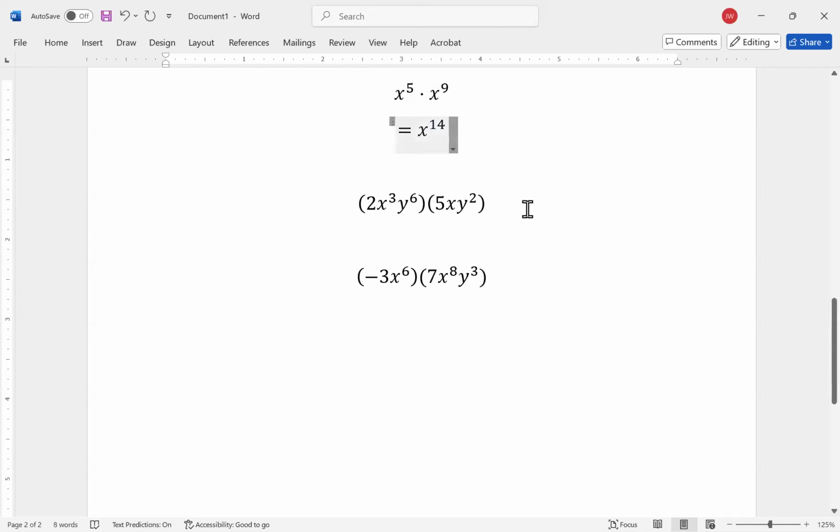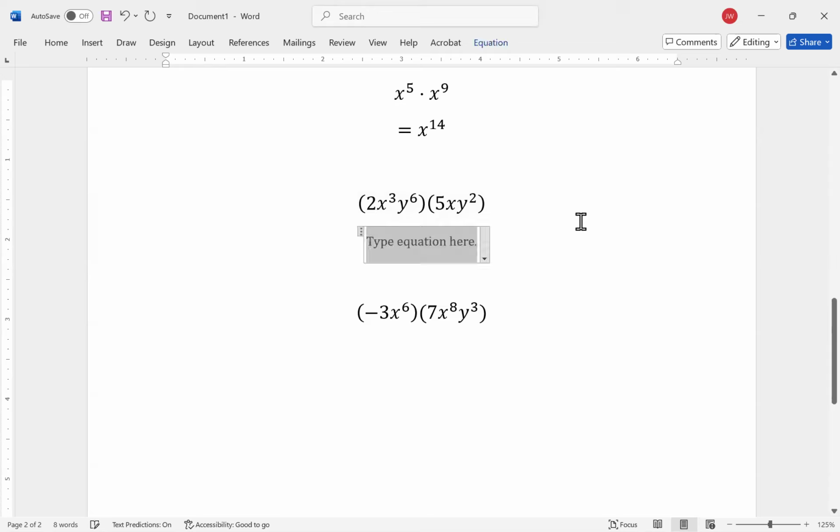Now, if we have a term which has all multiplication times another term which has all multiplication, then we can multiply these two things and use the product rule here as well. Now, here's why the product rule works. Because we have all multiplication